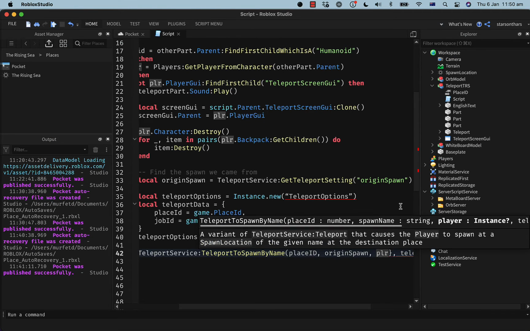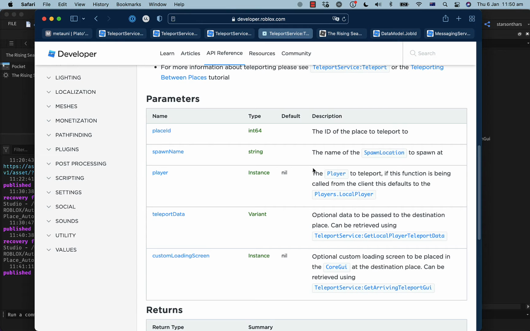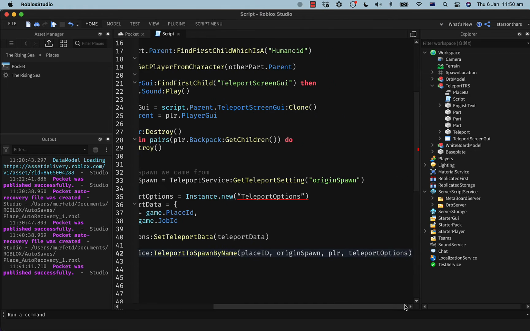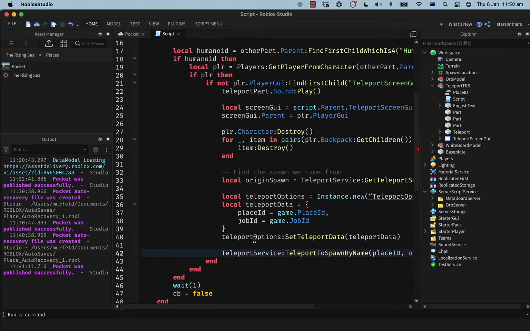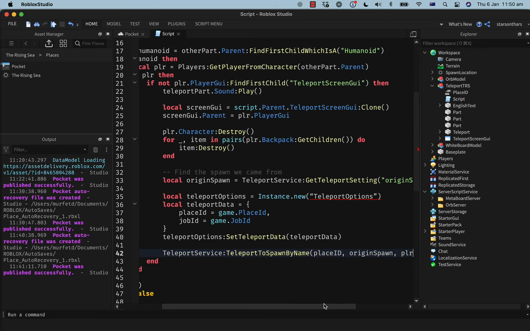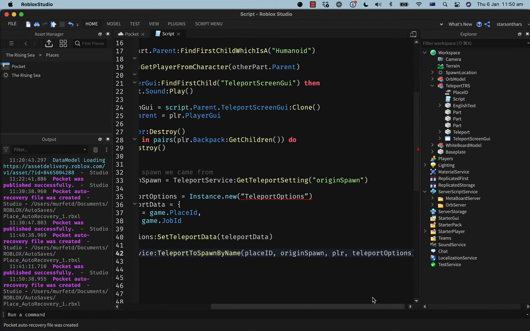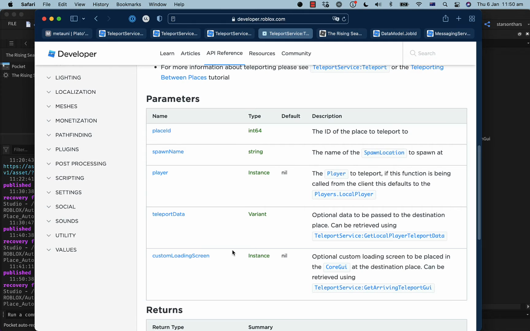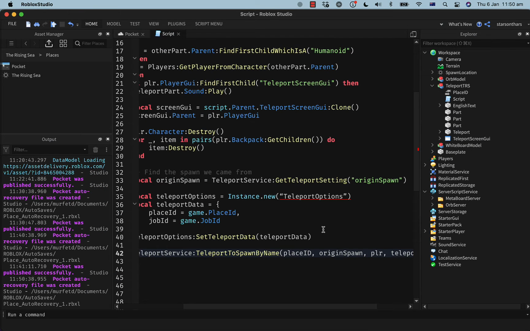Oh, you can call it from the client, apparently. Teleport data. Yeah. Oh, wait, what? What's the difference between teleport options and teleport data? Well, anyway, I don't... Where am I?